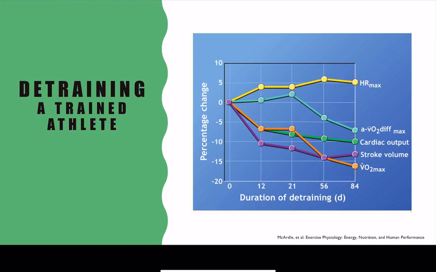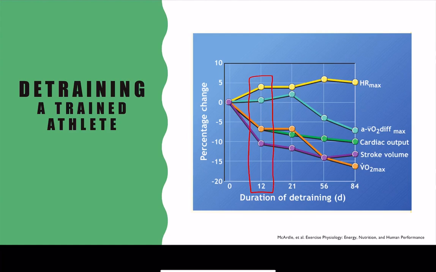The data from this graph took 7 highly trained runners or cyclists who were exercising at least 5 days a week for 60 minutes at a time at a moderate to vigorous intensity, and they had them stop. These individuals had sedentary jobs, and they walked less than 500 meters per day. And they observed what happened to their physiological parameters. So if we first look at just day 12 of taking their training away, you see almost a 7% drop in their